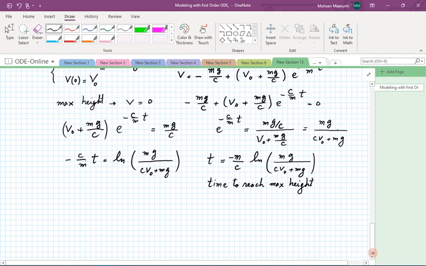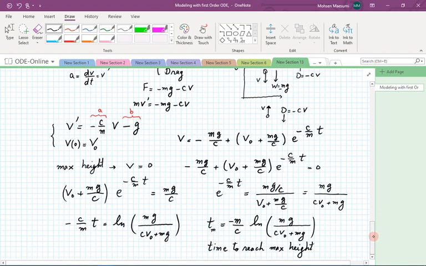In this case, we still have work to do. We have the time to reach the maximum height. To actually find the position, we need to work harder. What is it that we need to do? Well, I have the velocity. Okay, the main variable is the time. Everything else is some constant in the problem that has to be replaced by whatever is given. So m was 1/10, g was 10, c was 1/20th, v0 was 30, and so on. So all of these things get replaced by some numbers, and